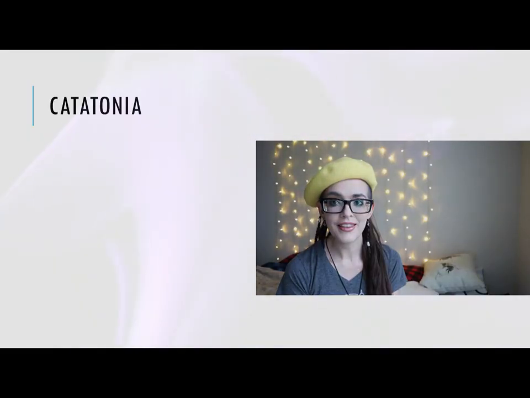There's grimacing, which is involuntary facial expressions. There's agitation, which are unprovoked physical movements that aren't influenced by external stimuli. There's echolalia, which is the mimicking of someone's speech. So you say something, and someone says it back in a mimicking way. And then there's echopraxia, which is mimicking another person's movement. So there are lots of different features of catatonia, and it can range from extreme immobility and unresponsiveness, which would be stupor, to excessive movement and agitation.